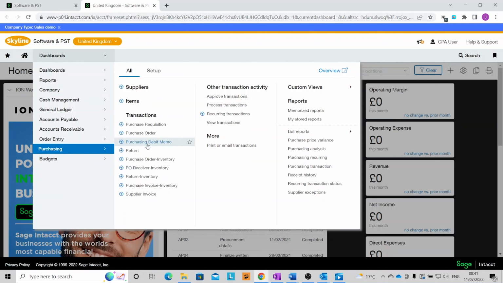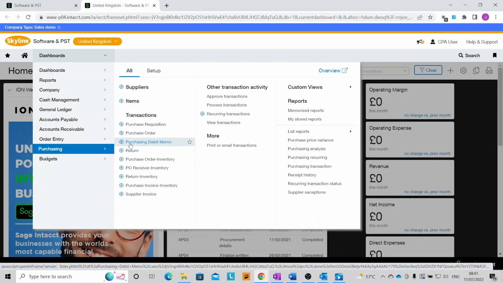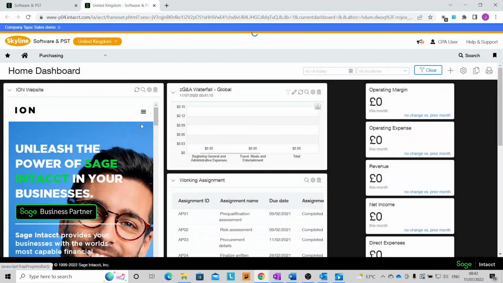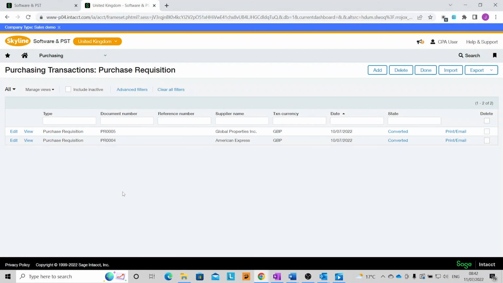So these different transaction definitions that you can see here can be configured with advanced workflows, in the sense that you can create your own transaction definitions and your own workflows that you want to follow. We're going to start off by going into the purchase requisition screen. Here we're given a list of purchase requisitions that already exist. When we then go into add,